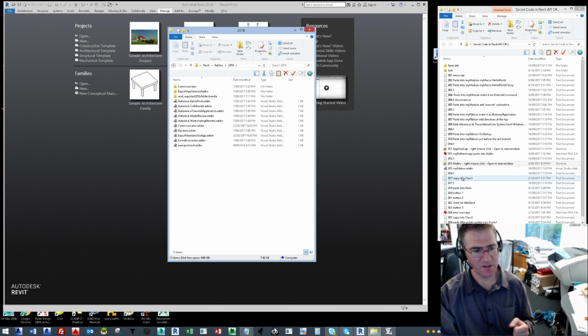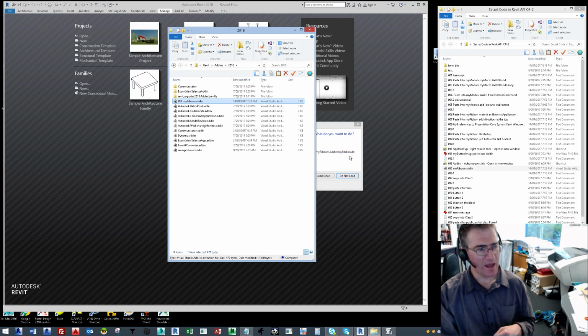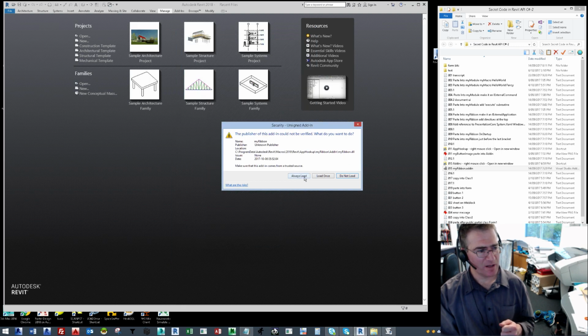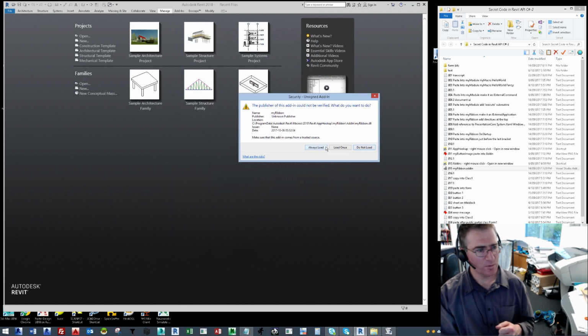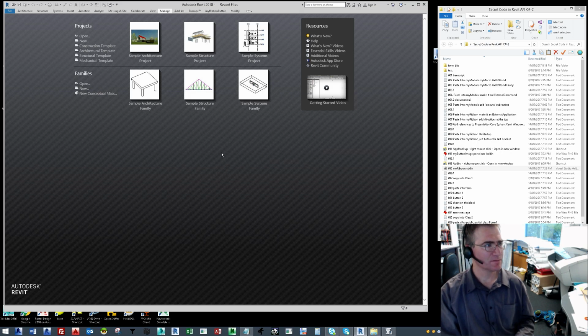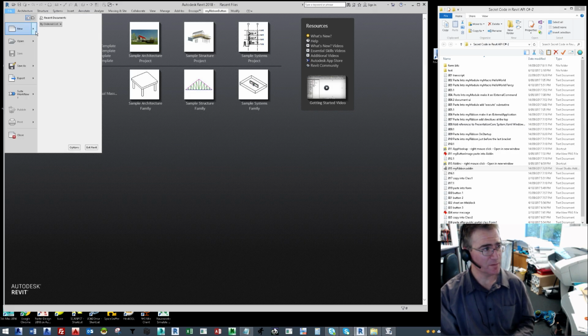2018, and we're going to copy in an add-in file to there, and when you do that, this dialog box pops up and it says always load. We're going to click always load, and there it is. Up there is called my ribbon button, the button that we have just created. It is there. It has been grayed out because you need to have a project open in order for it to work. So we're going to open up a project now,